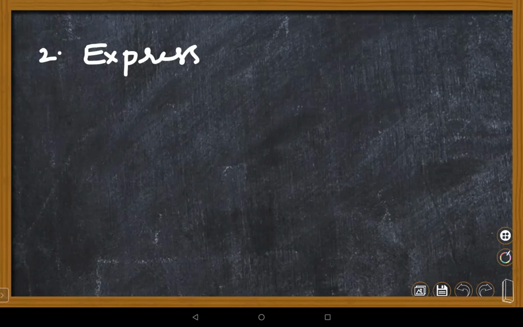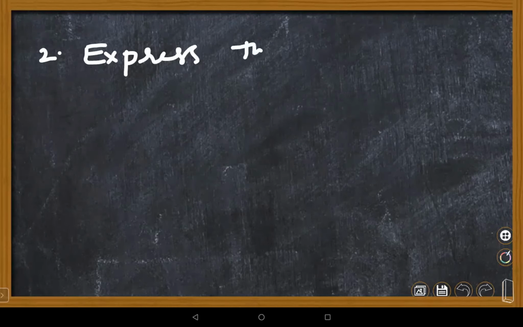Ma'am, in the CBSE textbook for practice, we can find questions on comparing quantities. Yes, you can go with the step by step concept. Ma'am, can you give us a question? We will solve and give you.